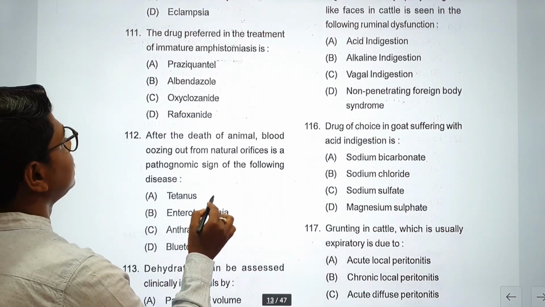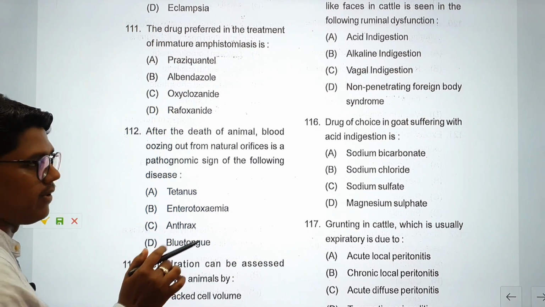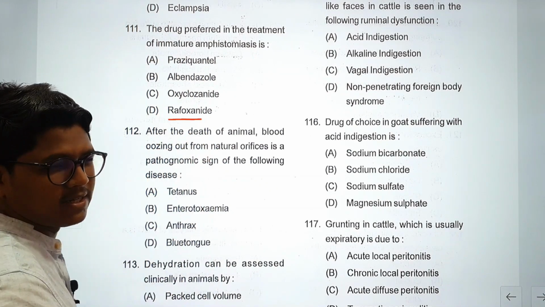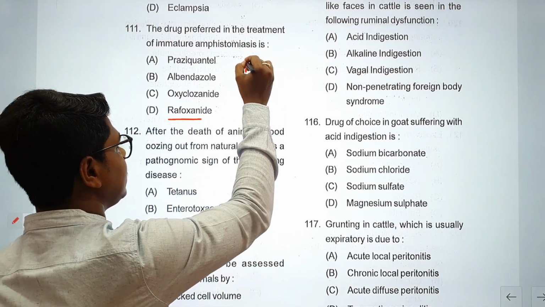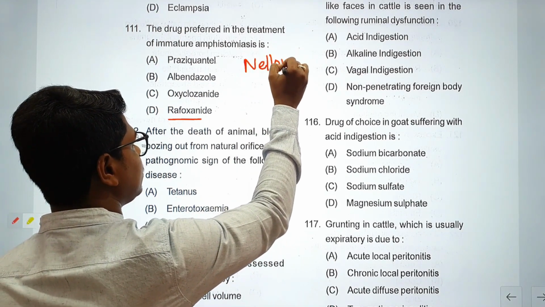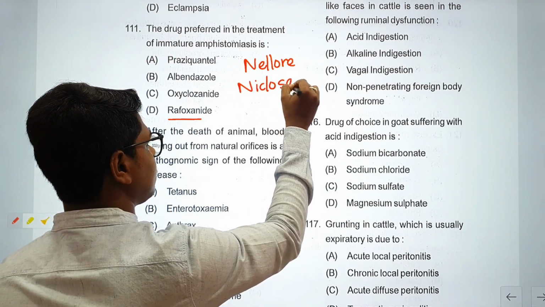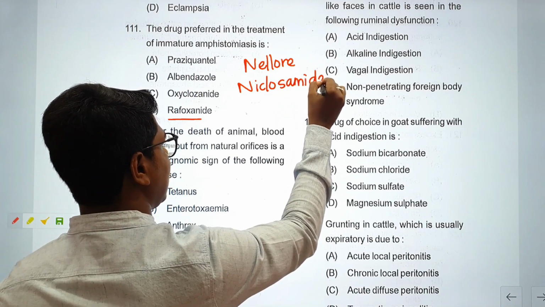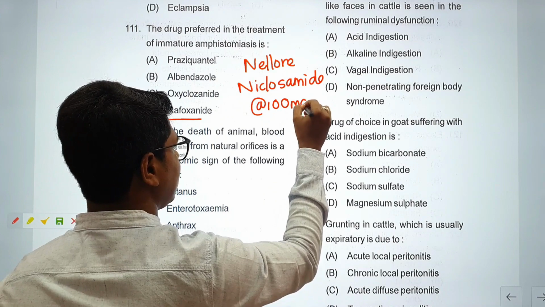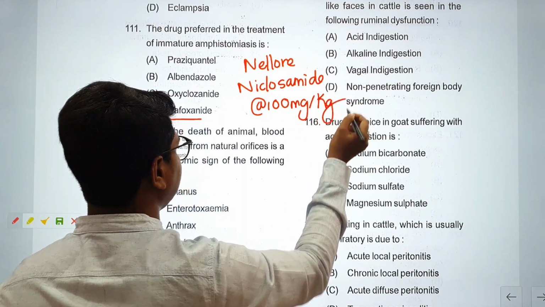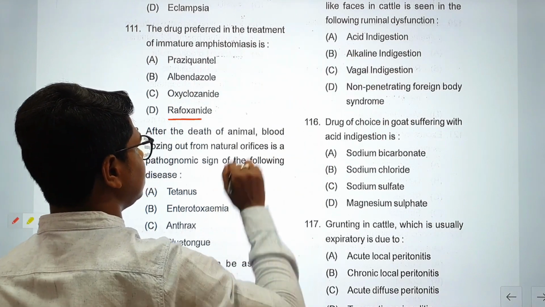The drug preferred in the treatment of immature amphistomes: in the answer key you will find the answer as rafoxanide, but in many recent articles there is a study in Nellore where they used niclosamide at the dose rate of 100 mg per kg body weight, and they found it to be effective for immature amphistomiasis. Also, there is a research in TANUVAS